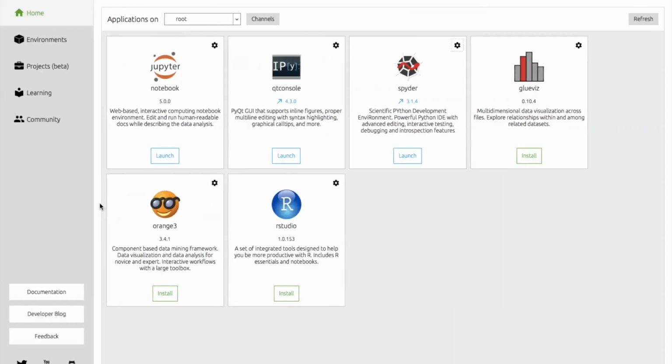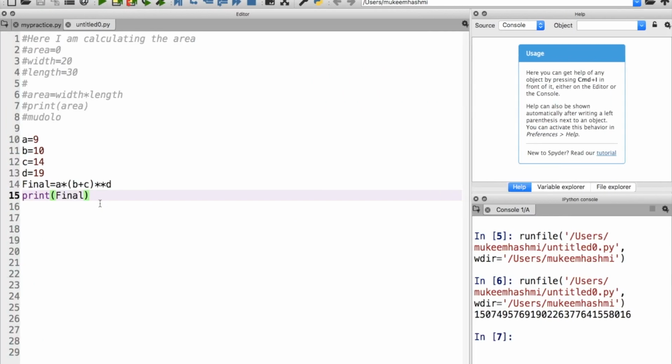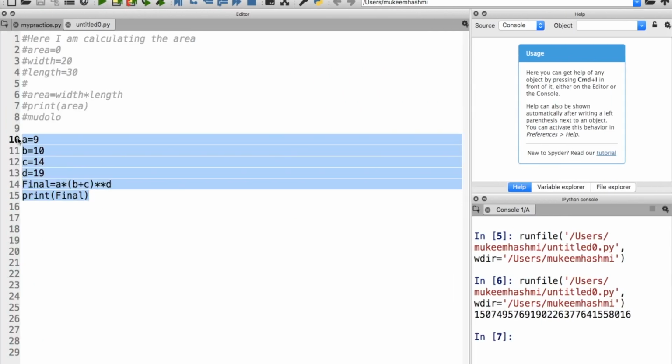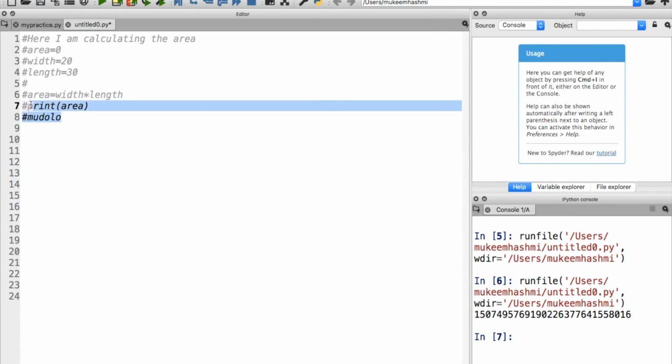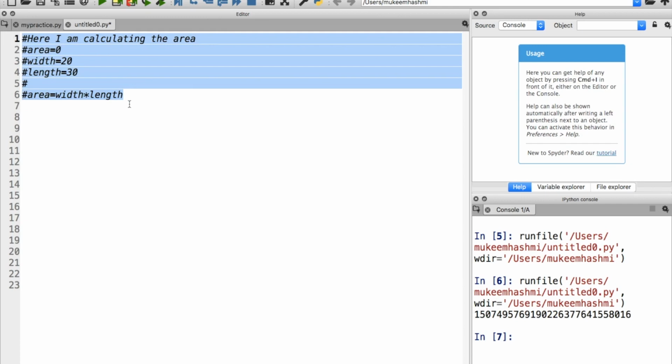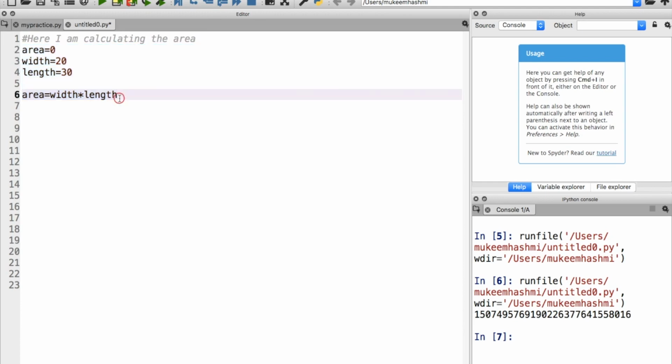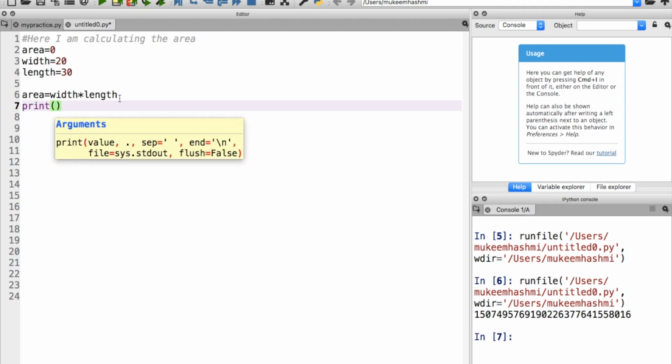Okay, so here's the thing, we have calculated an area before. So we are going to uncomment this code. So I'm just going to print command 1. So this is our code, and we want to print some string with our answer. So print area of our rectangle